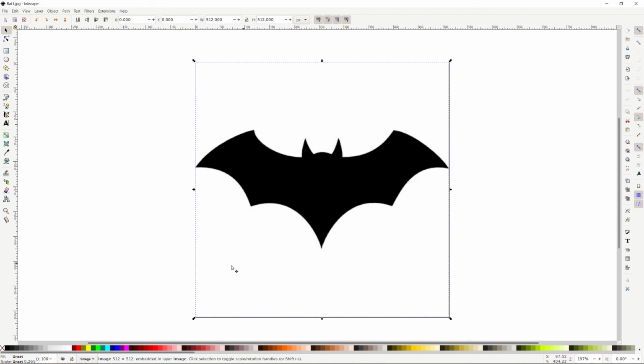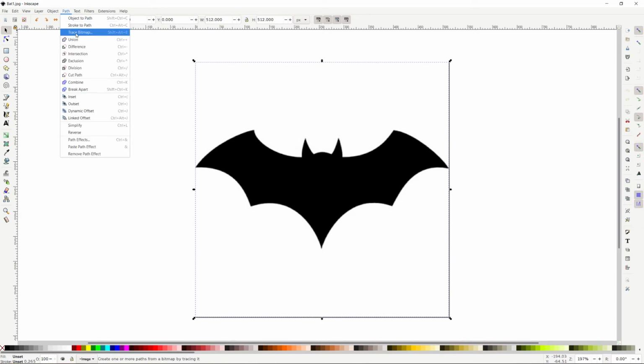You can see that there's a good amount of white space above and below this black bat outline that we're going to be using. Kind of looks like a batarang. That is also by design. So we're going to be going up to where it says Path, and we're going to go down to Trace